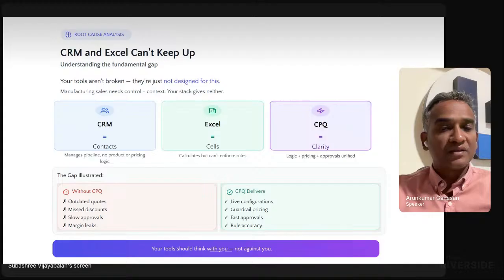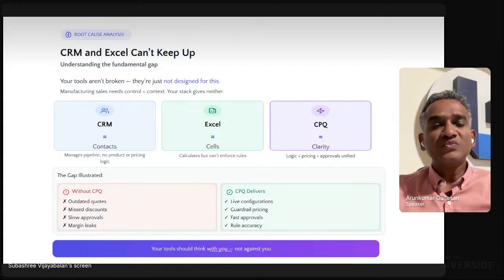And of course, when they want to ask for approval, it is a slow process. Margin leaks, of course, go toward negative margin, right? We have seen large-scale companies booking a lot of orders, but when we look at the margin, they go for negative margin, or sometimes get very low margin per quarter.